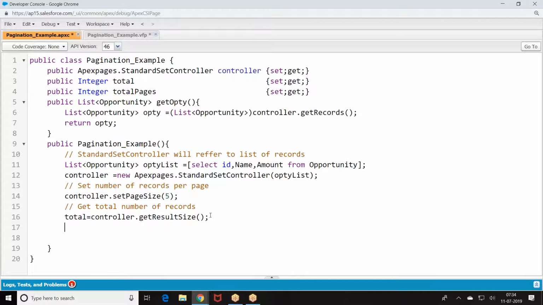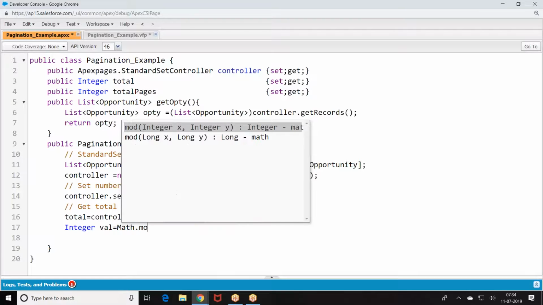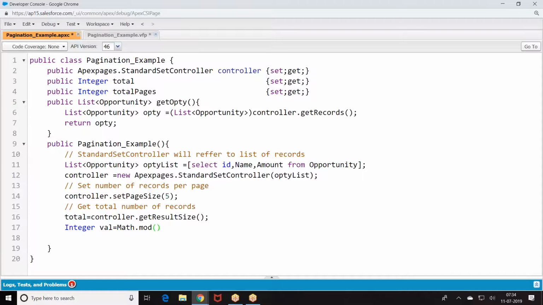Now what I'm doing? Math.mod total comma 5.